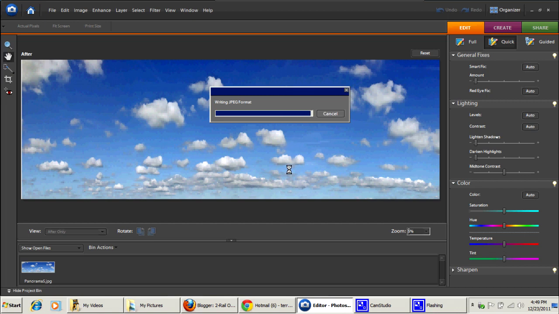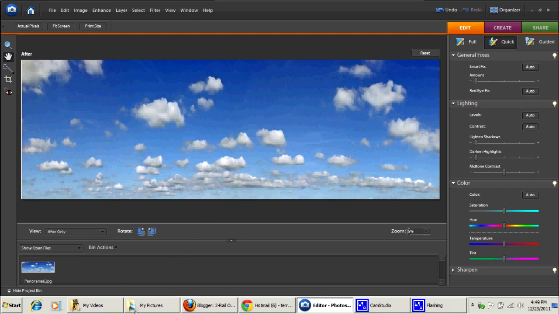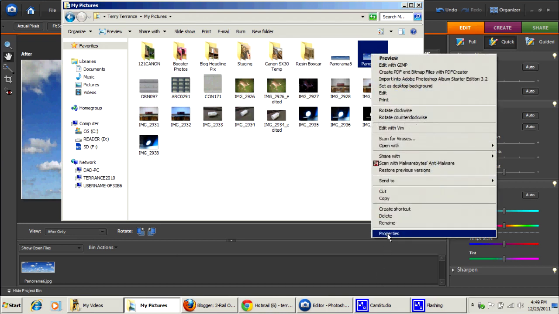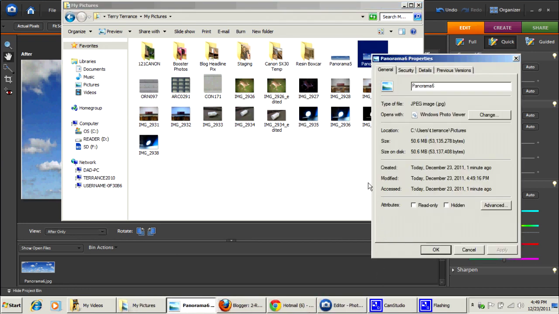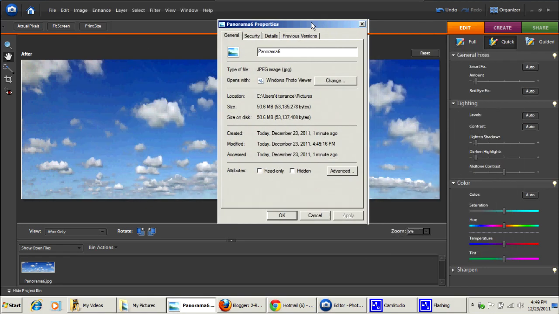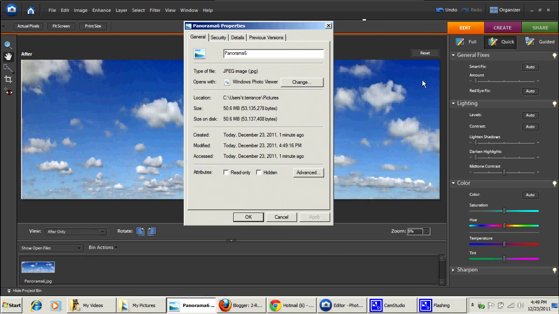Actually, 4.5 megapixels would be more than 4 megabytes. So let's go to My Pictures and Panorama 6. Let's get properties for that. And it says that it is now a 50 megabyte file. So that's a pretty large file. And that's one of the reasons why you don't want an extremely high resolution camera to start with when you make these pictures. Because unless you have a very, very capable computer, the size of the file grows,